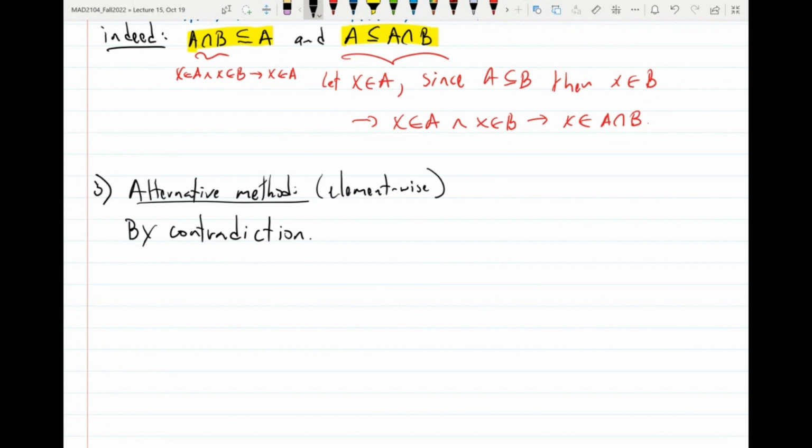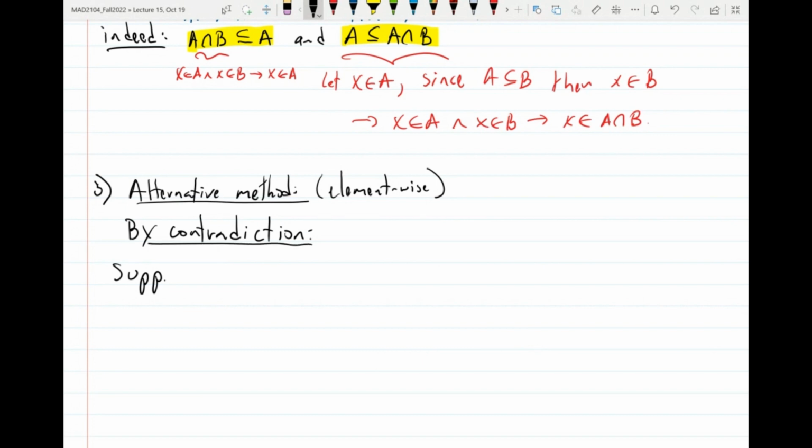Because if you want to say that something is empty, how do you begin? How do you show that something doesn't have anything in it? What's your first line of proof? You say, suppose it's not empty. That allows you to say, okay, that means there is an element, and then you can get the ball rolling with the hope that somewhere the ball gets stuck, right? You get a contradiction. So you unwind and you say, look, there cannot be any element, therefore it's empty. That's one idea, okay? So by contradiction, so suppose,